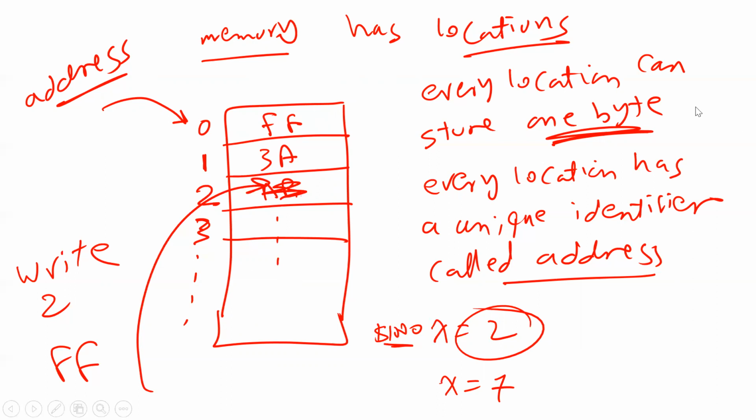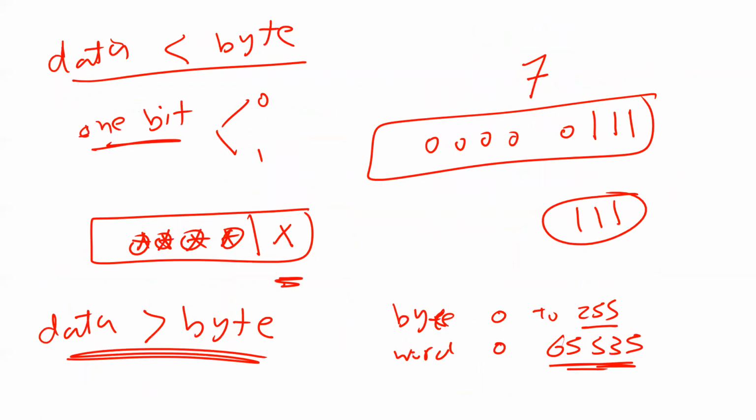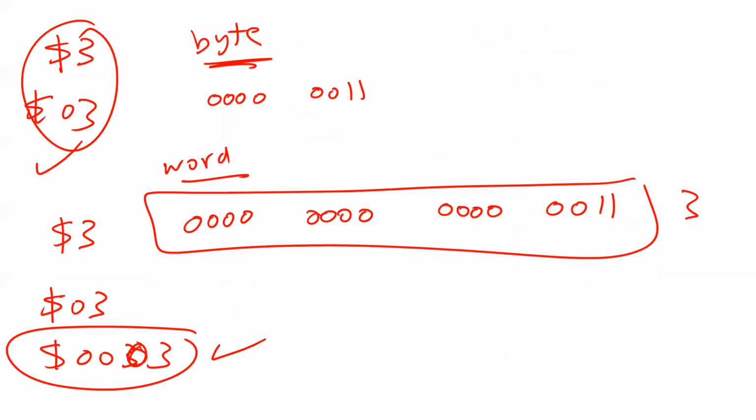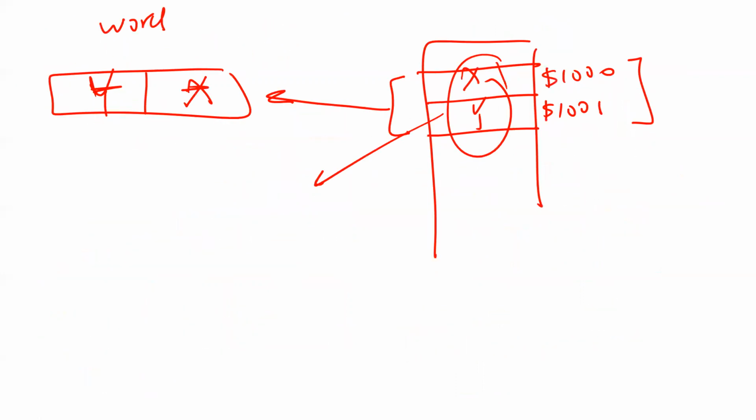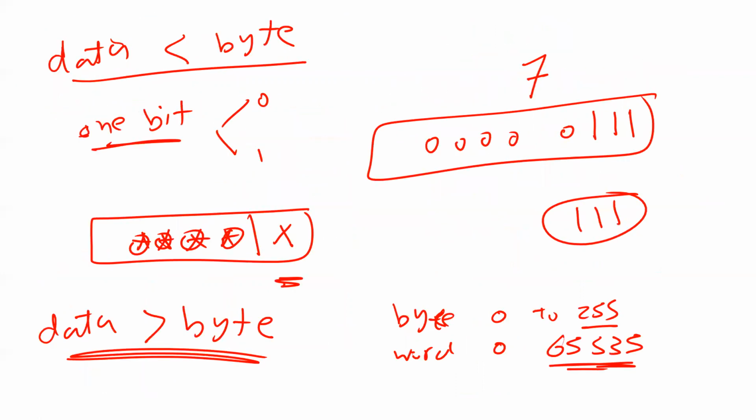When I tell you this memory location is storing FF, actually it is not storing FF. We agreed on that, right? It's actually storing the binary number 11111111. It's just convenient for us to tell you FF. So now I want to have some scenarios, or some fun with you.